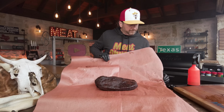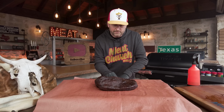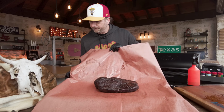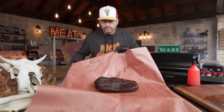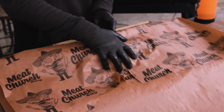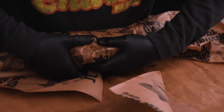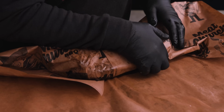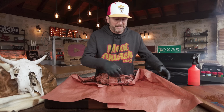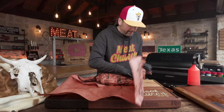And here's how I wrap. Lots of ways to do this. Actually, I need to scoot this up just a hair. I want room to be able to reach the paper over the top. I'm very particular about this. You want it nice and tight. So let's bring it towards us, lift the brisket up, tuck underneath, and then kind of like a paper football, go in on the corners here, nice and tight. That's the key. Some people like to pour tallow over their brisket right here. We don't cook with tallow, there's no need in it. So if you're using a really good quality cut of meat,